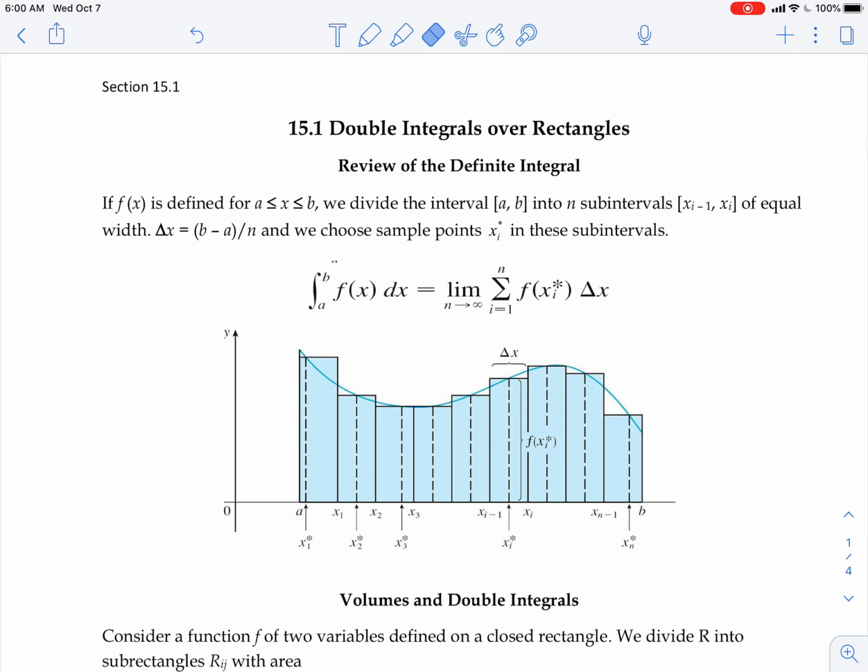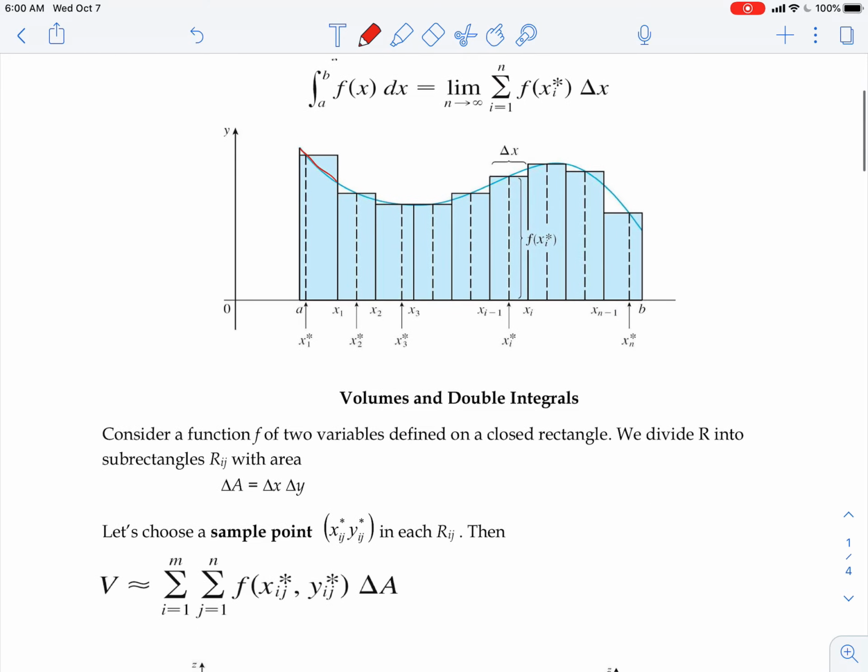So here we have a curve. And what we want to do is find the area underneath that curve. And so when we started off in Calc 1, instead of actually taking the integral of it, what we did was we took a bunch of little